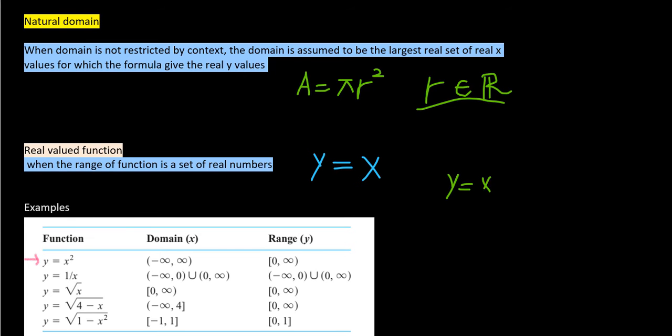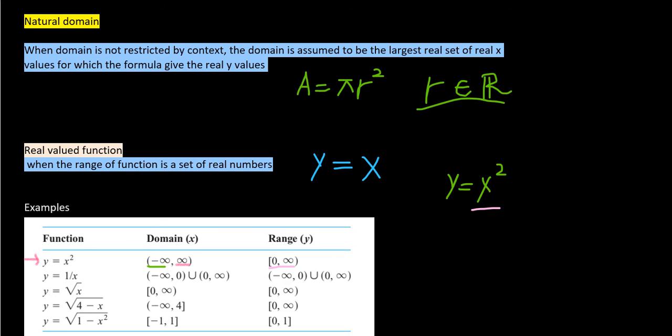Here you can see that we can put any real value, either negative or positive. But we will always have a positive value when we take the square of a value. So our range lies from